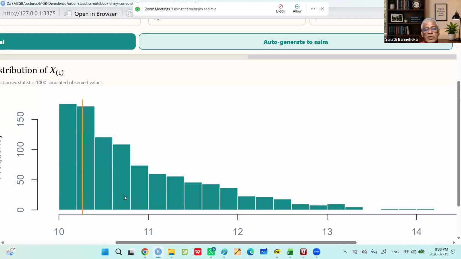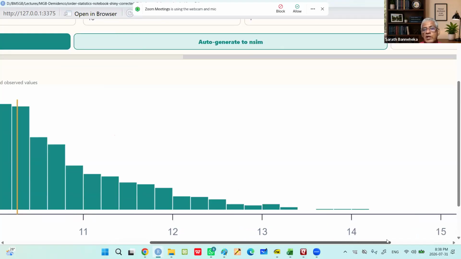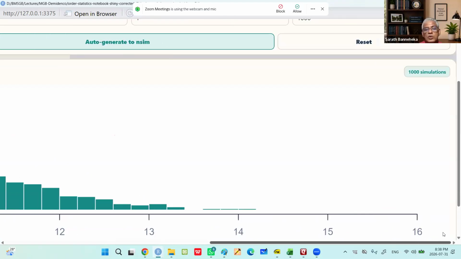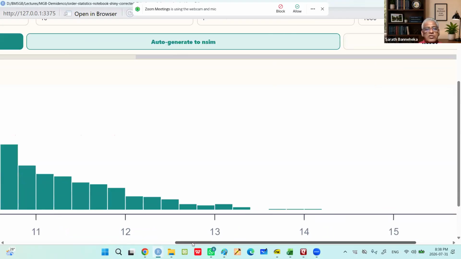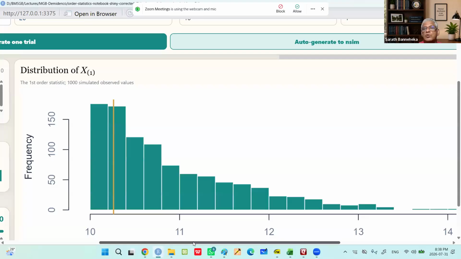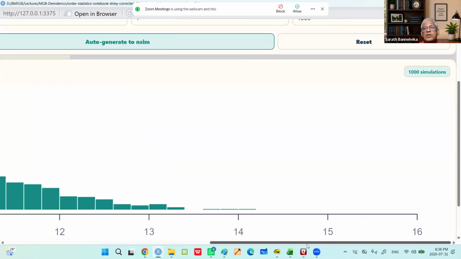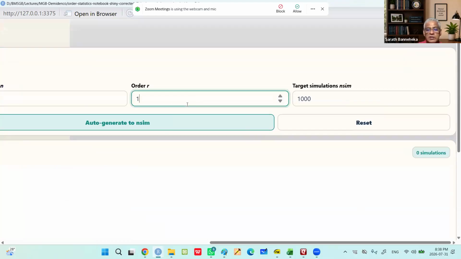But the minimum value being close to 20 is almost impossible when the data comes from a uniform distribution. That's why we have this shape for the distribution of the first order statistic. So this is called the sampling distribution of the first order statistic. So now let me